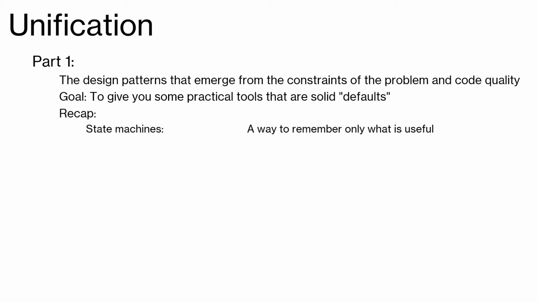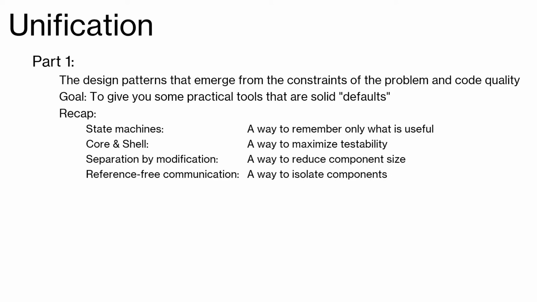State machines, the core and shell, the separation by modification, the reference-free communication with channels instead of references to other objects, and distributed systems. These are all practical tools that you can use, and probably should use as well. And then in part 2,